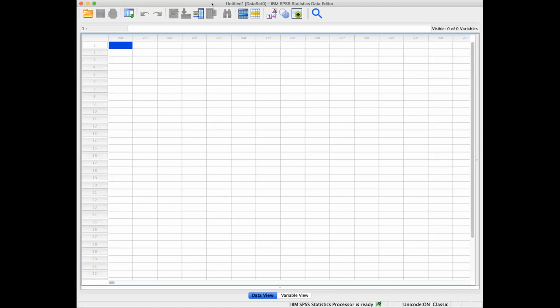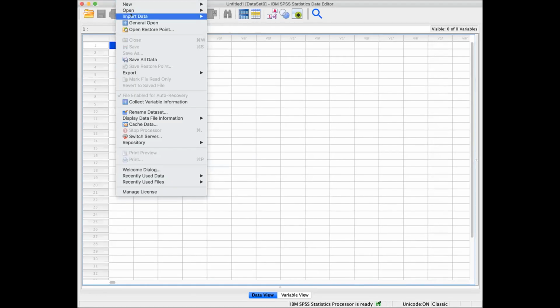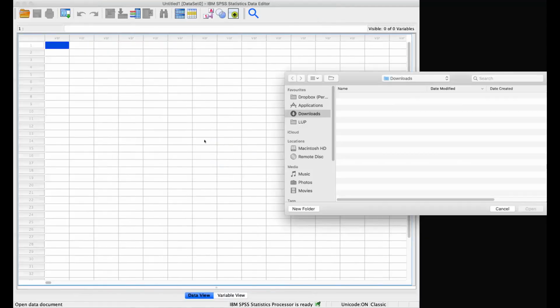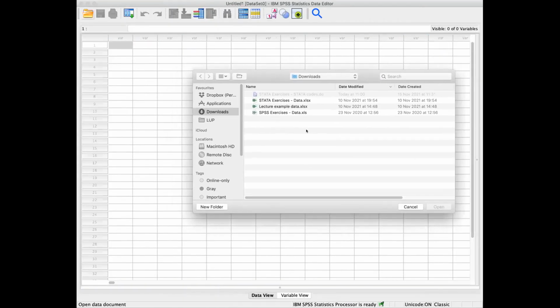Okay, so the first step is to import the data from Excel. And you can use this little folder over there. You can also click File from the top and choose Import Data and choose Excel. Both will work. So for example, if I click this little folder, and that will take me to where I